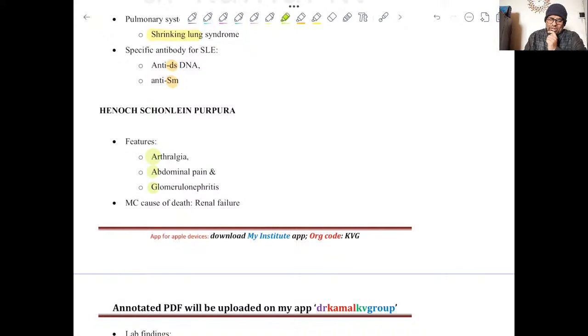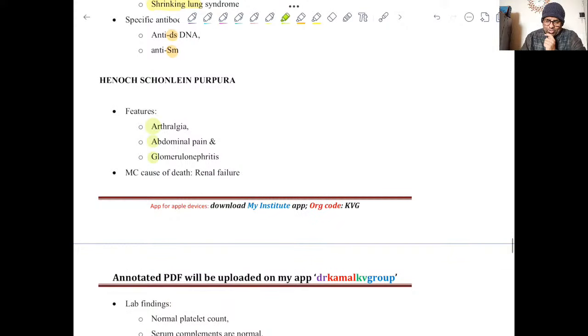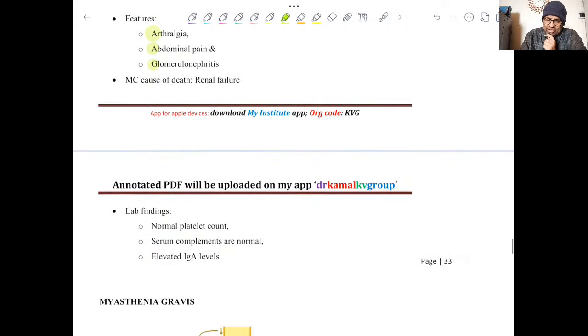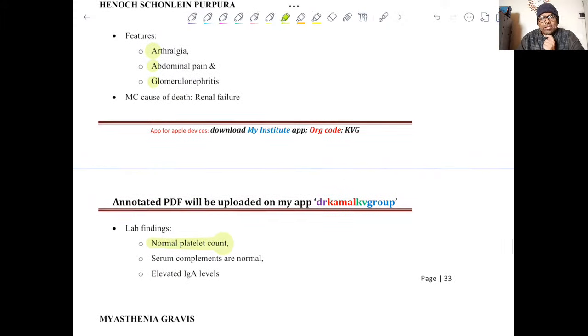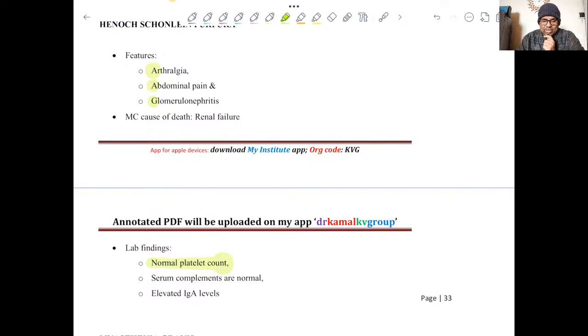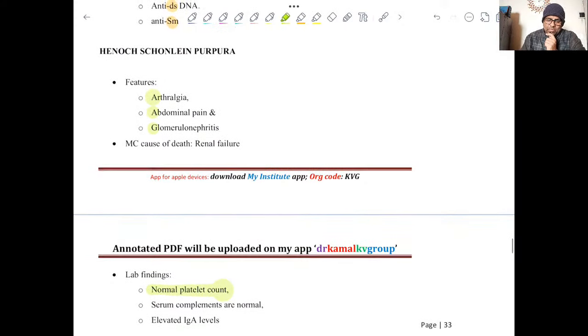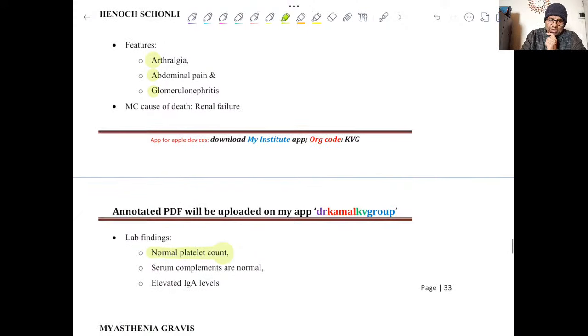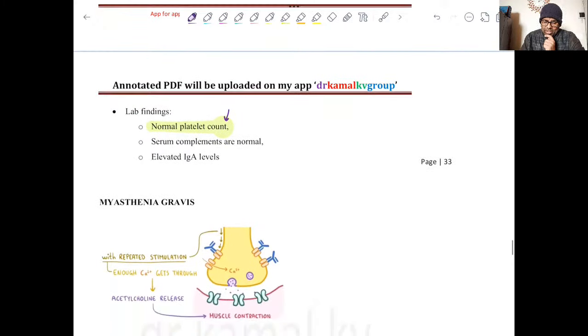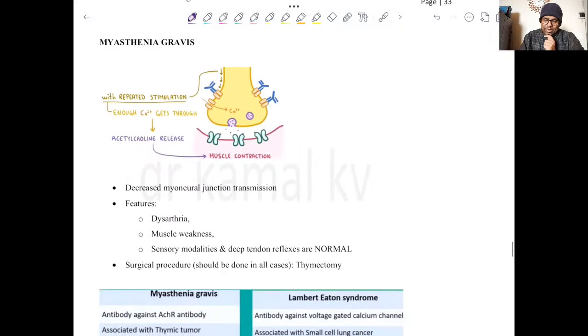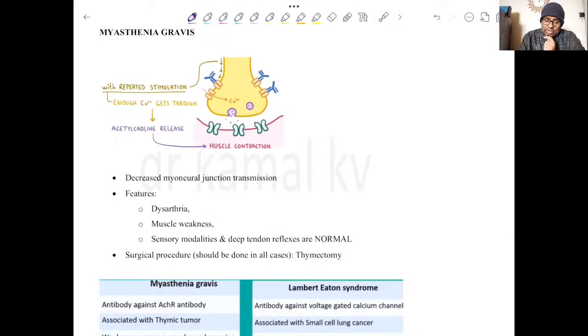So Henoch-Schonlein purpura: arthralgia, abdominal pain, and glomerulonephritis. But what is important here? See, platelet count is normal, right? So normal platelet count as compared to reduced platelet count in thrombocytopenic purpura, right? So this is one important clinical point to differentiate Henoch-Schonlein purpura from thrombotic thrombocytopenic purpura. Now moving forward to myasthenia gravis, and here we need to understand the basic structure of a